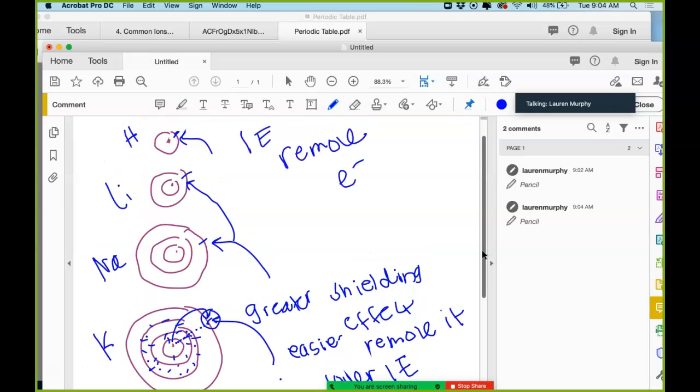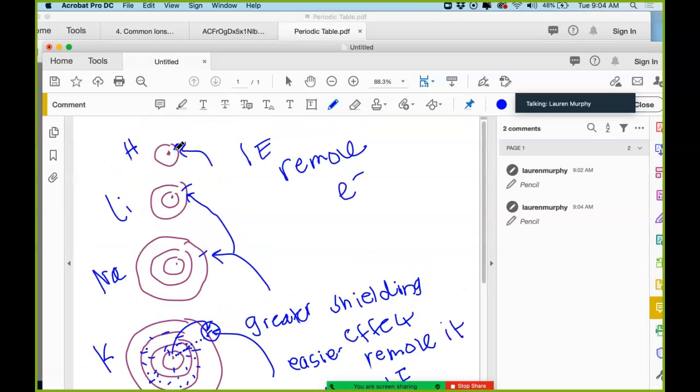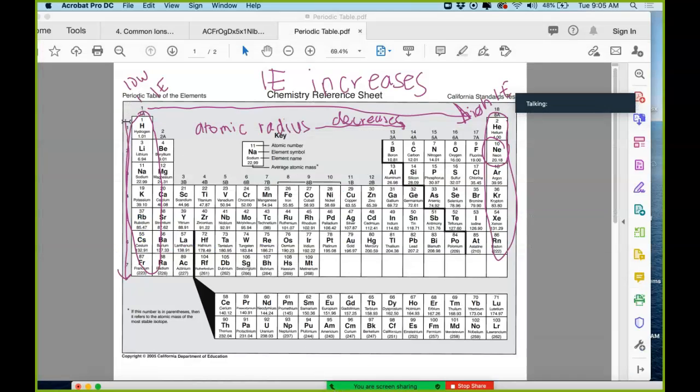Okay? As opposed to, let's say, hydrogen, whose electron is super close to the nucleus, meaning this positively charged nucleus and this negative electron are very, very attracted to one another, meaning hydrogen is not going to give up this electron as easily. So this is a higher ionization energy, which means for the trend, as we move down the periodic table,